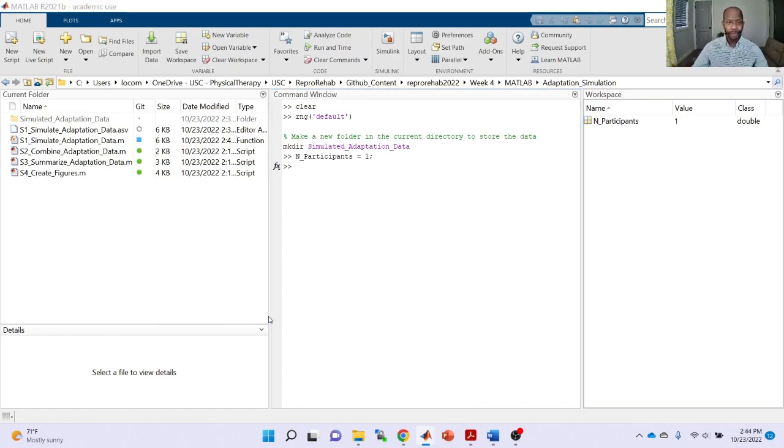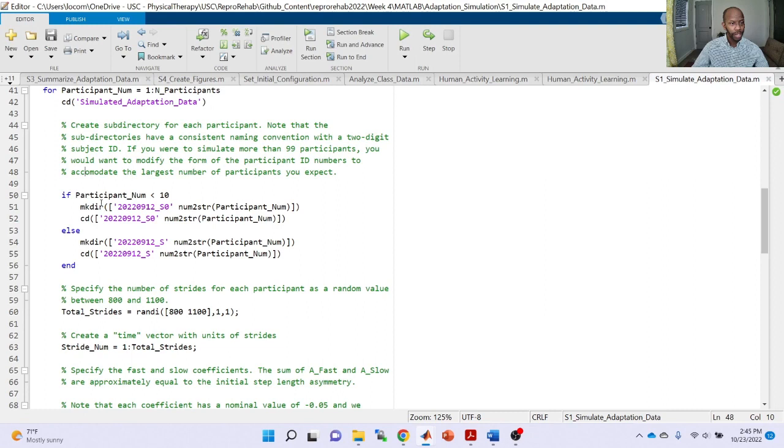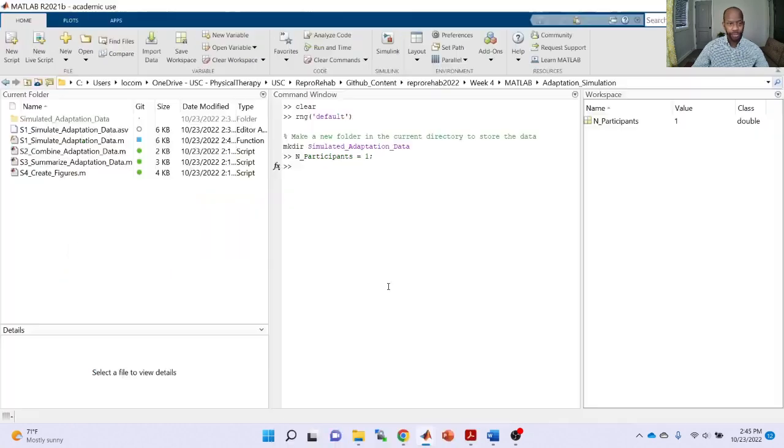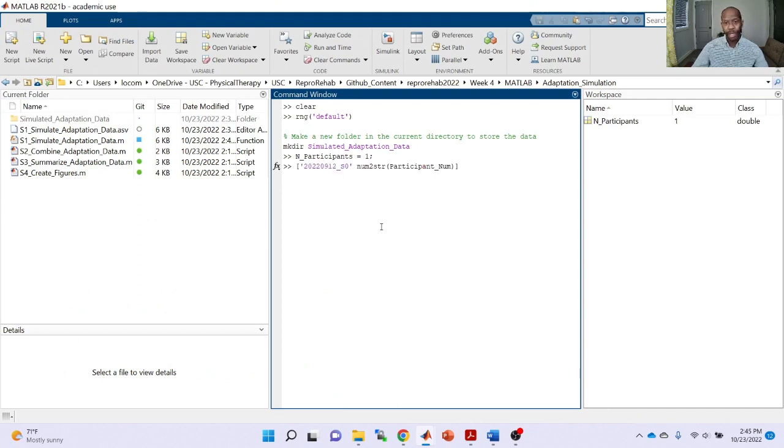Now we'll show how you can build the name of our directory. We can take this whole vector, starting and ending with the square bracket, copy this bit of code, paste it, and now we can see